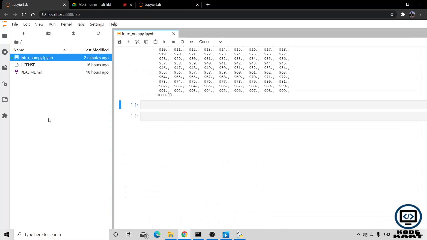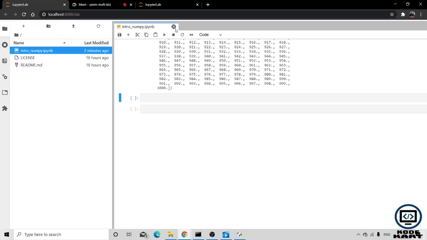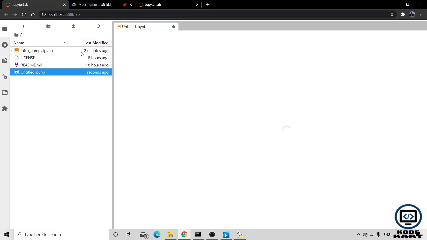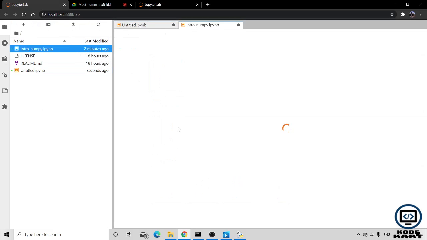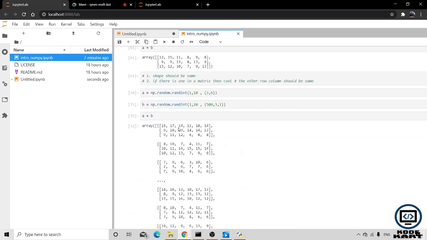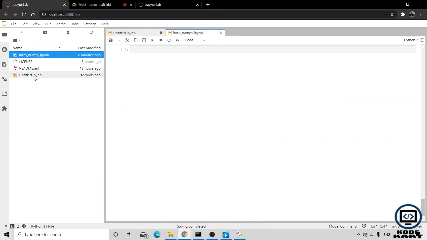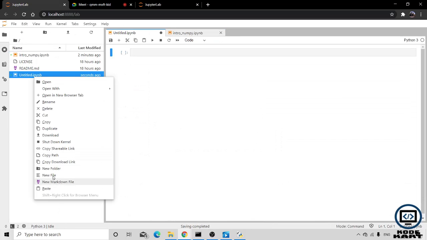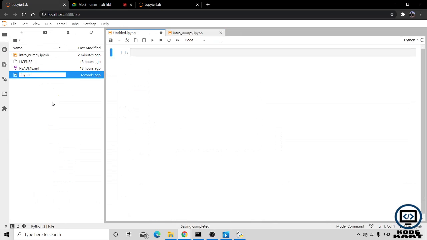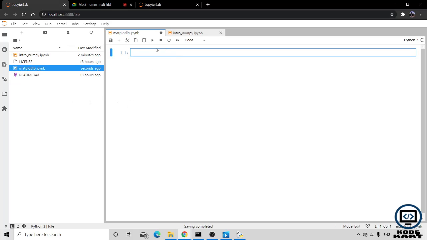So now we are going to start with matplotlib. Let's make a new notebook. In matplotlib, first of all, we have to import it.